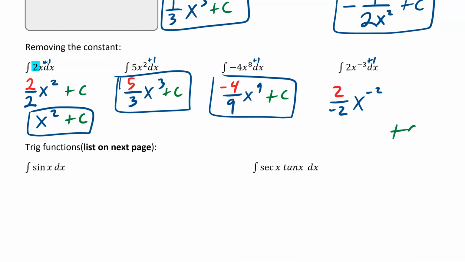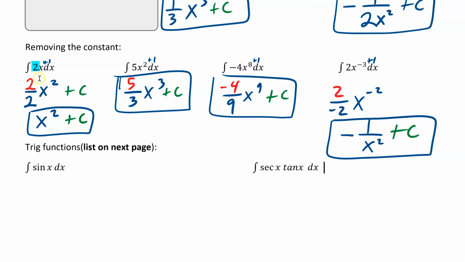All right, I'm going to put the plus c down here because this one can be simplified. And so that would be negative 1, so negative. And then that goes to the bottom, so 1 over x squared. You still have to get rid of those negative exponents. And then you go back and you check. So that would be 2x, perfect. Remember the constant's just going to be 0. 3 would cancel, giving us 5x squared. The 9 would cancel, give us negative 4x to the 8. That's perfect. And then this one would be a negative 2. So we would get negative with a negative is positive 2. And then that would become x to the negative 3.